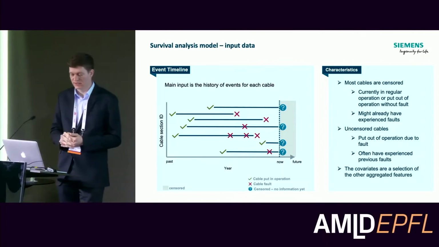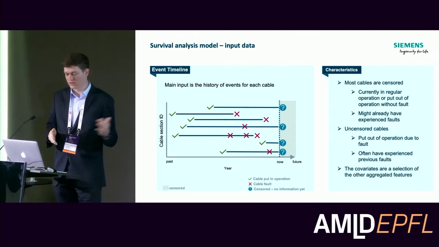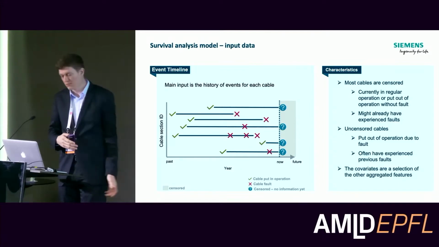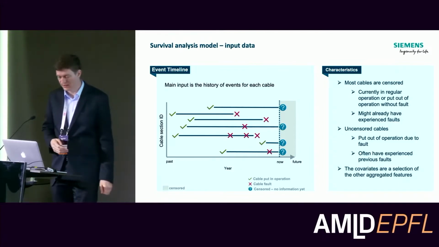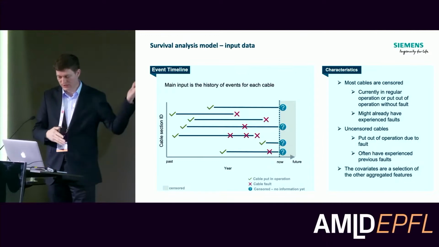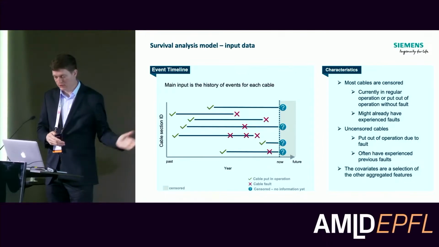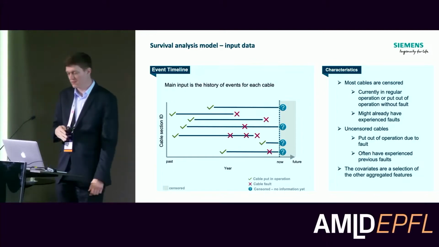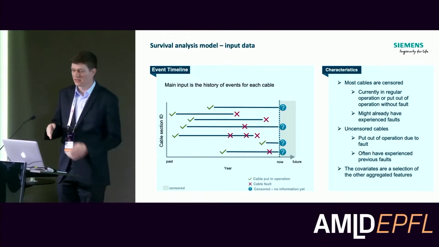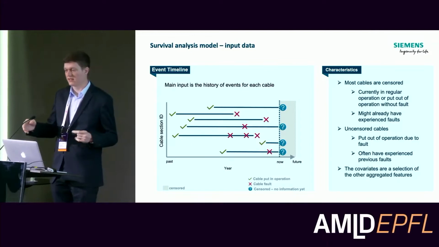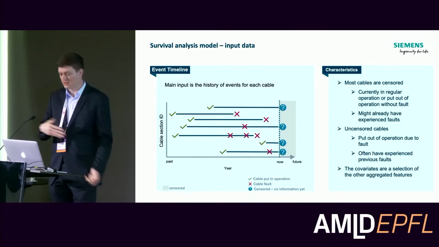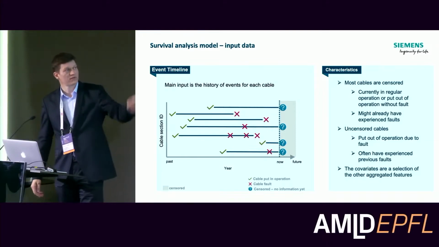Then we have data with faults in the past, which is the second one, where it was put in operation maybe 50 years ago, it failed 20 years ago. Then the third one is a similar type. What's also possible, and these are only few cables where you have a fault, is that this part of the cable is replaced and then it's put into operation again. And then it might still live, or it might have several faults and so on.